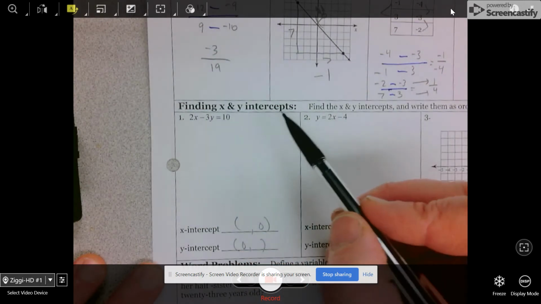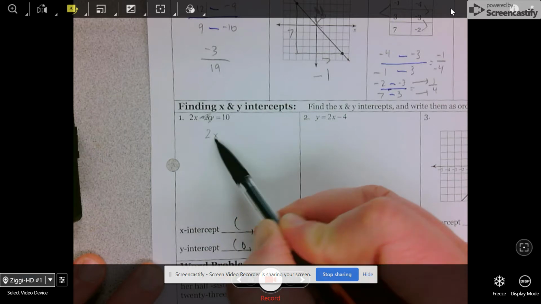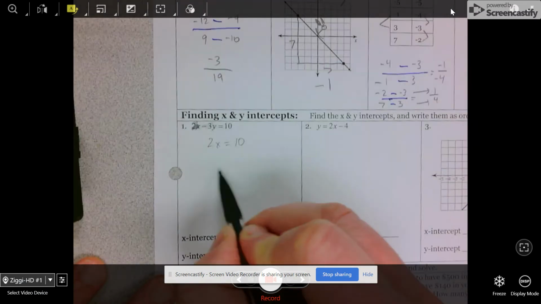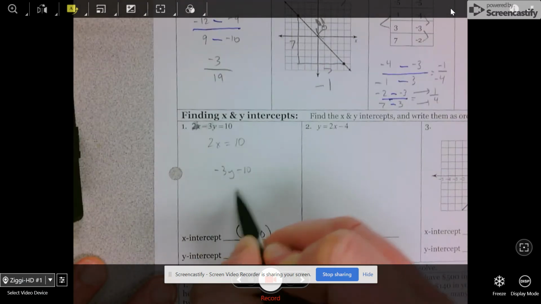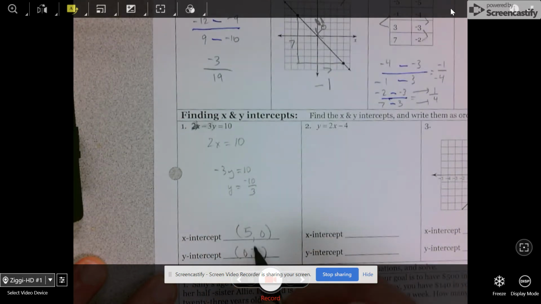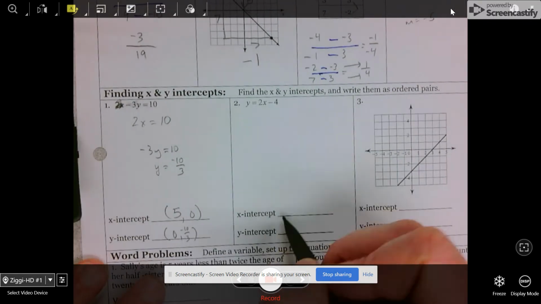I'm going to set y equal to 0. So I get 2x equals 10. So x equals 5. If I want to find the y-intercept, I set x equal to 0. Negative 3y equals 10. You could also do that with your finger. X-intercept, y-intercept, not as easy on this one for the x-intercept, but we know this is slope-intercept form, so there's